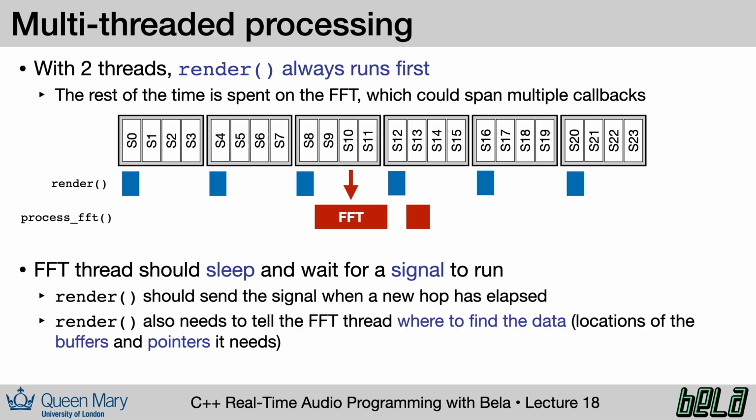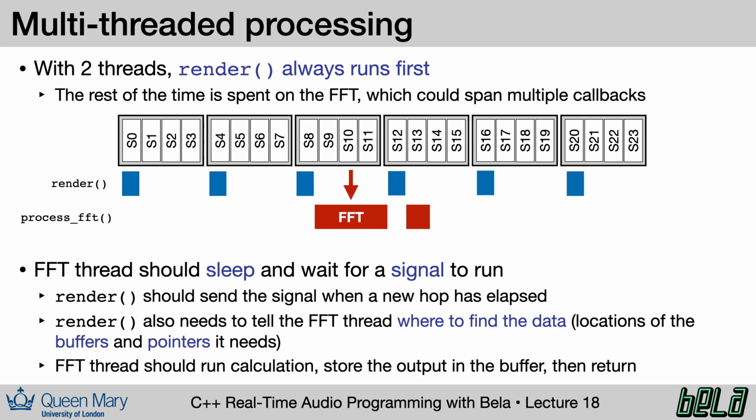Now, because we're not calling process FFT directly within render, we have to worry about how to get the data from render into the other thread running process FFT. What we'll need to do in render is store the relevant data into global variables that we can pick up from process FFT. Those global variables should not be disturbed by future iterations of the for loop inside of render. In other words, the FFT thread needs to be able to discover a snapshot of whatever data we had at the time the FFT was supposed to begin. Once the FFT-based code has finished running, its output should be stored into the output circular buffer, and then process FFT can simply return,